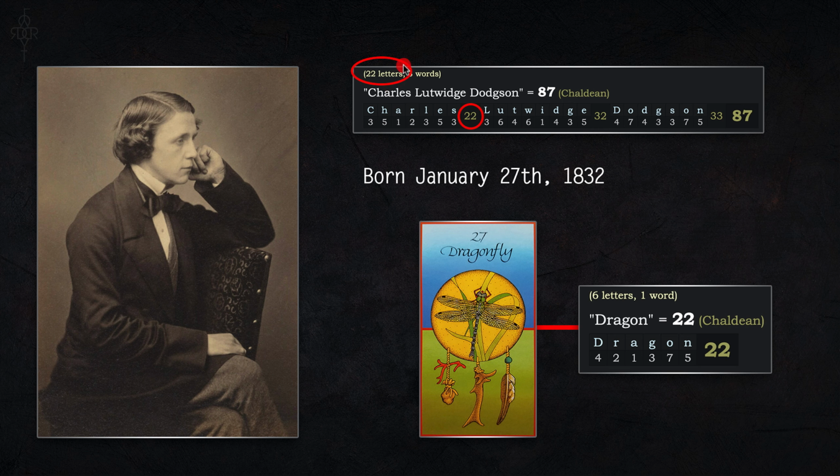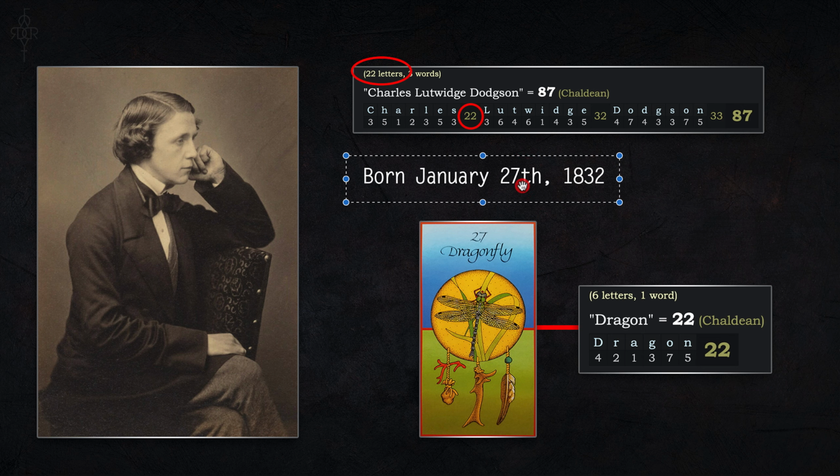So again, he's got 22 letters. Even his first name is 22. And the kicker, folks, the kicker of all this, the guy who writes Alice in Wonderland, talks about a dragon, Jabberwocky, Alice defeating it, all these characters, the Red Evil Queen, King of Hearts. I mean, this guy's born on January 27th,